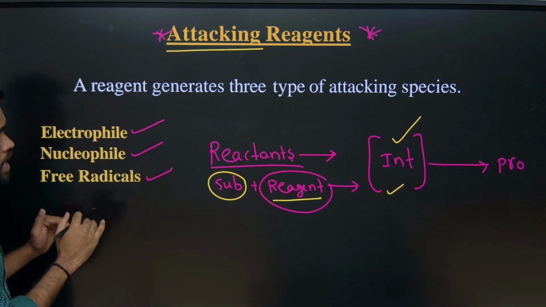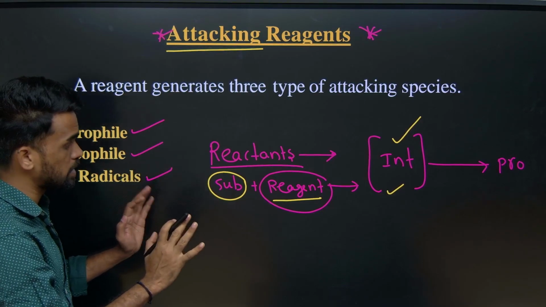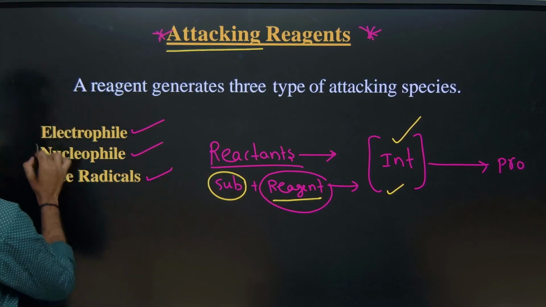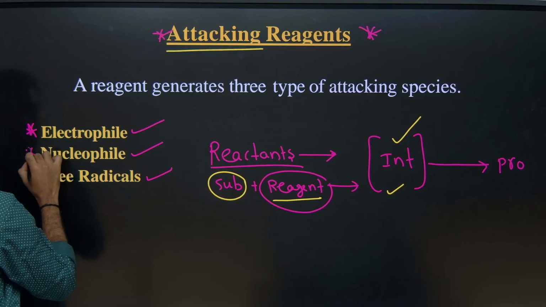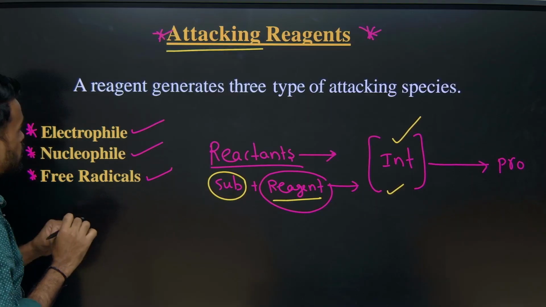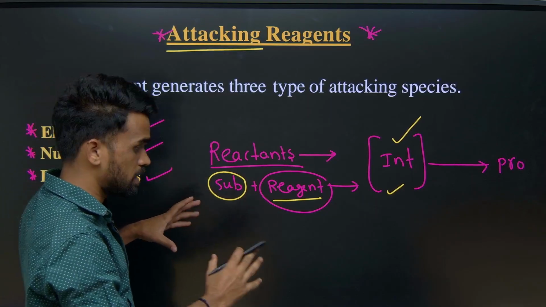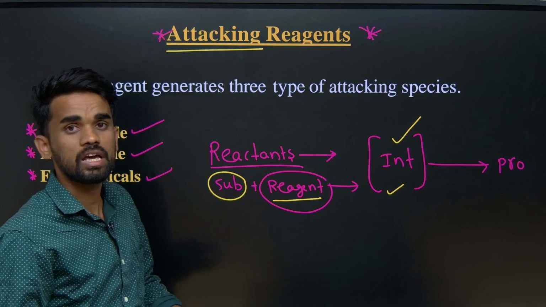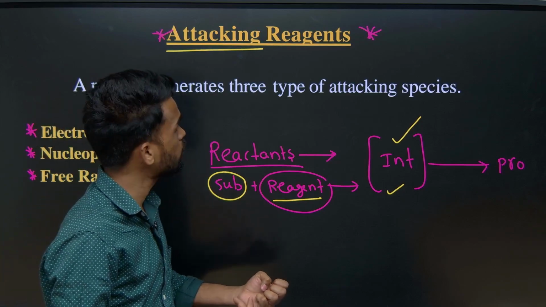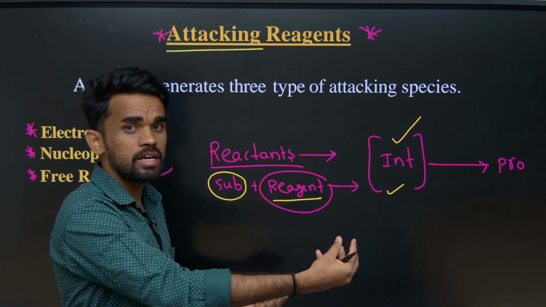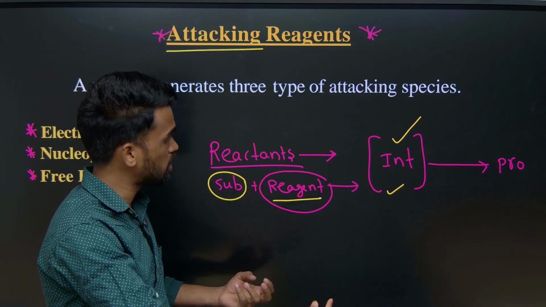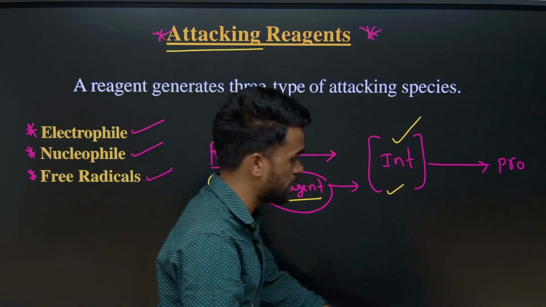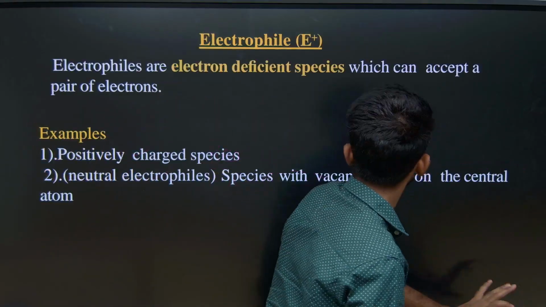So these are the attacking species or attacking reagents we have. We will be looking into these things very carefully. If you are clear with this, we may do some questions on this also. In the next lecture, we are going to start some electronic effects. Then slowly we can go to the chemical reactions also, which will boost our confidence to the next level once we are clear with these things first.